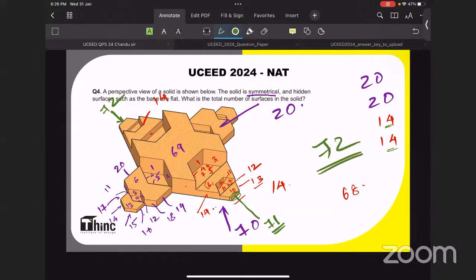So usually, we will be looking for these kinds of smaller surfaces. When these kinds of questions come, give priority to the symmetry. If you're going for counting all the 72, it is difficult. So cut the figure like this and calculate. That will be better. So 72 is the right answer. Shall we move on to the next?